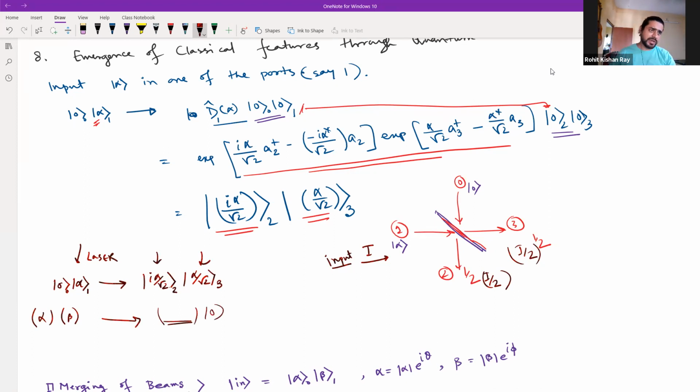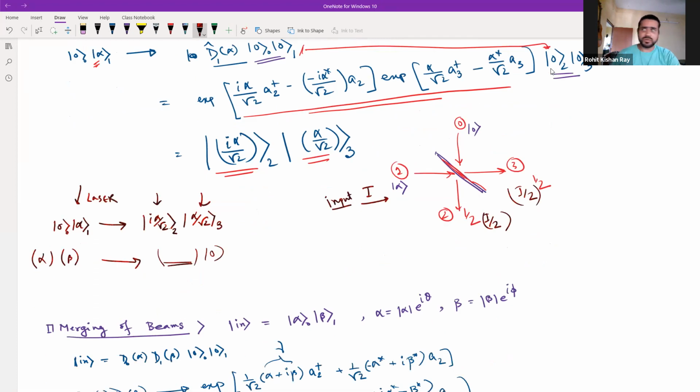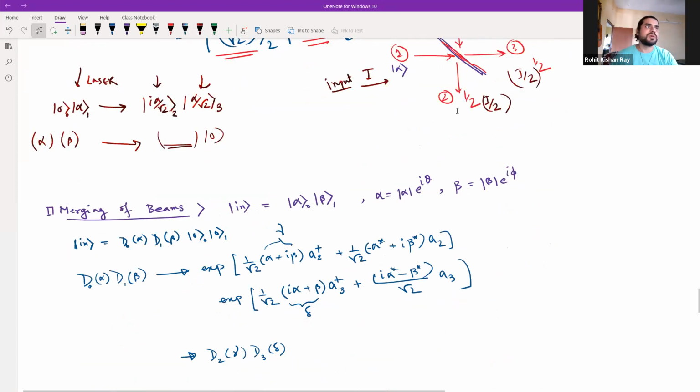And actually that is what the second part of this problem also talks about. That talks about merging of these. So I have written the schematics for how to do that. In this case, as I have discussed before, the input state goes as this, and this is how we identify alpha and beta to be the two complex numbers.